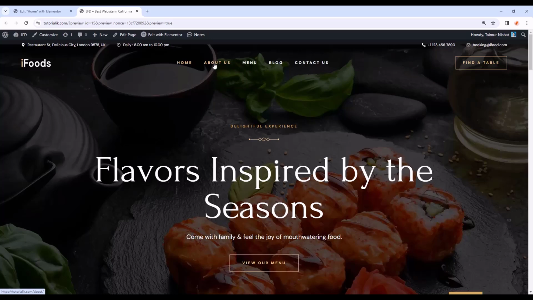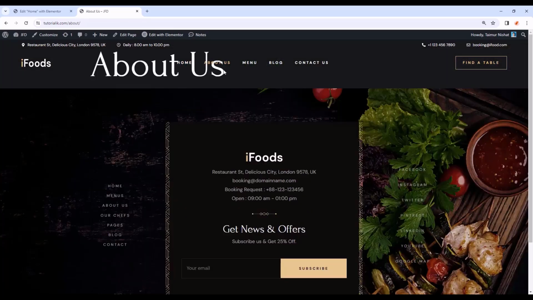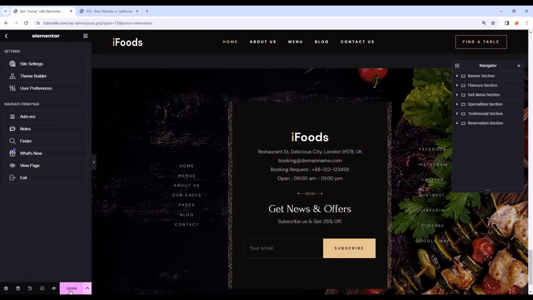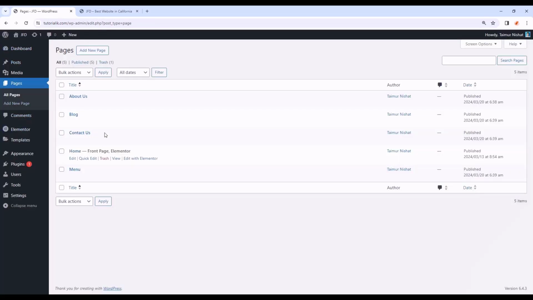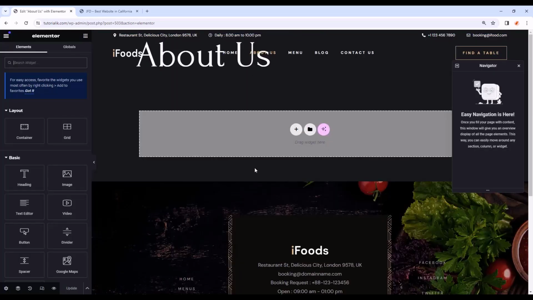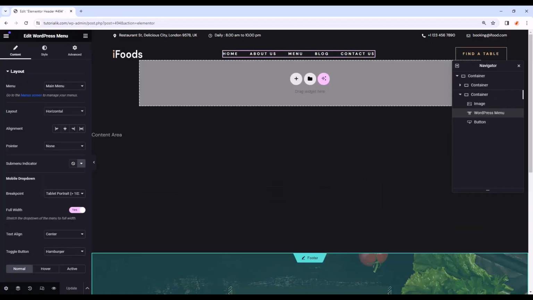Now it's time to create our about page. So if we click on this about us here, we can see in our about us page, there's nothing here. So let's make our about page. So let's go back. Let's go to our dashboard. Before, let's update. Now from the dashboard, let's click the about us, and let's click on the edit with Elementor. And we have just opened our about page in the